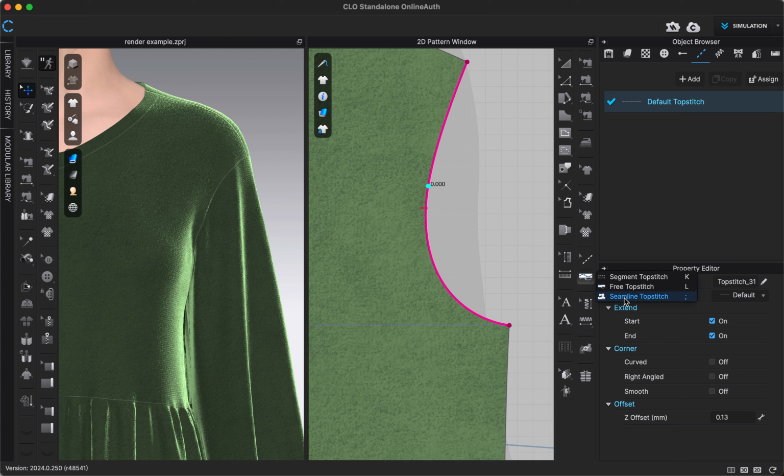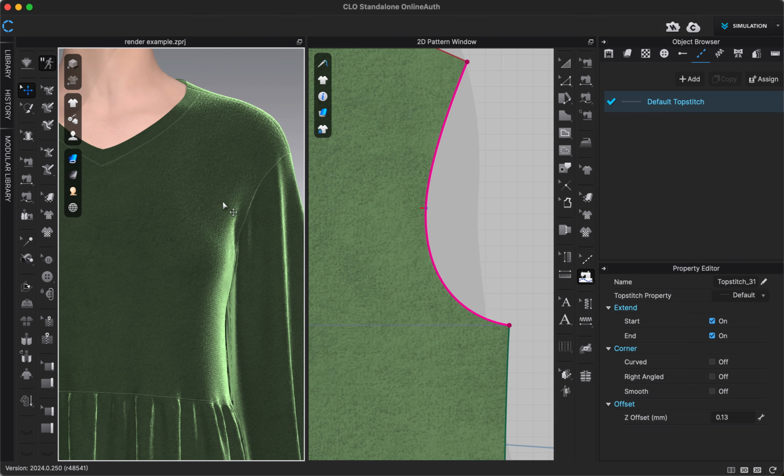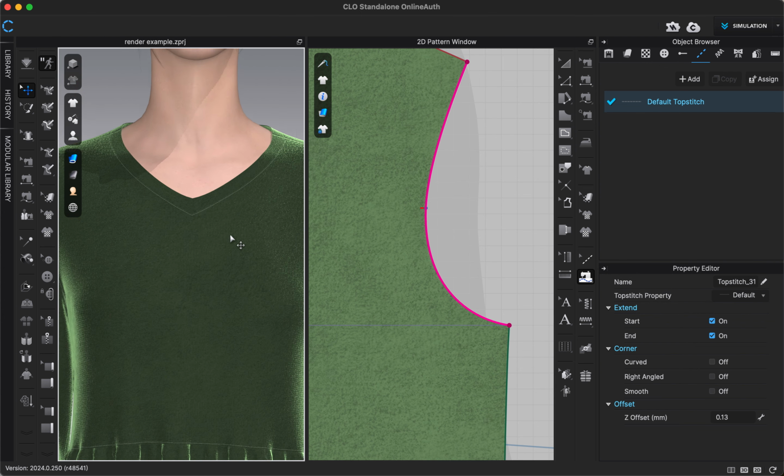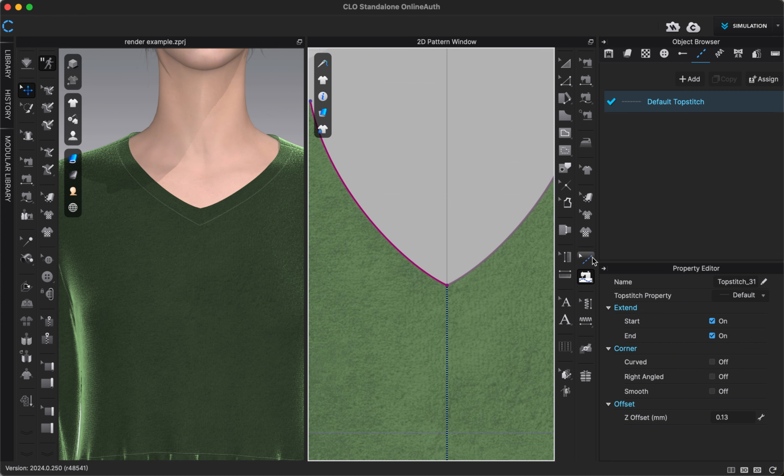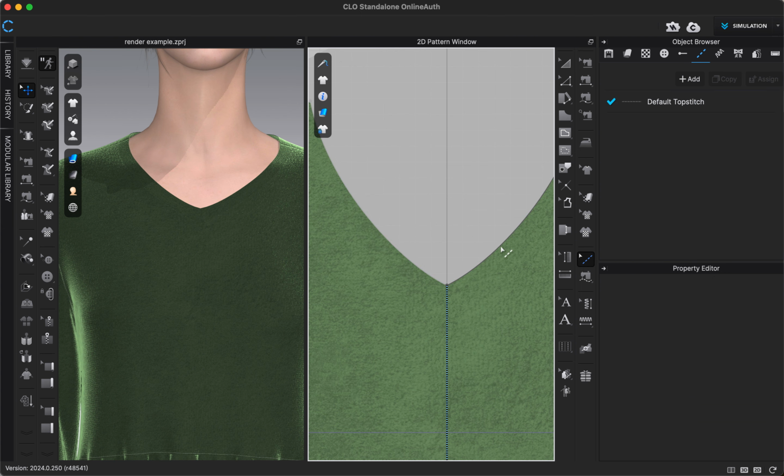And then we have seam line top stitch, which will apply top stitching across a seam line. This might be something I may want to use at the neckline, but I already applied the regular top stitching here. So if I wanted to go in and change it, I could always go to our edit top stitching tool in our 2D toolbar, click on that top stitching, click delete on my keyboard, and it's removed. And then I could go back to the seam line top stitching tool